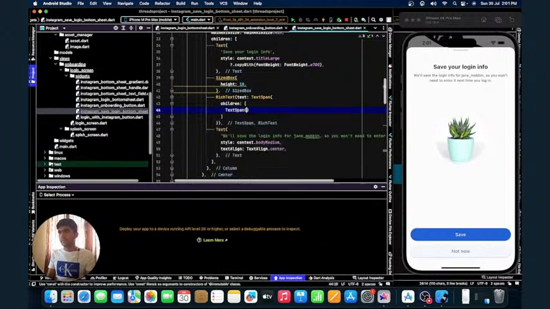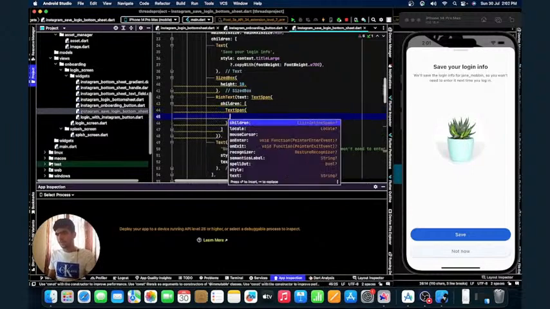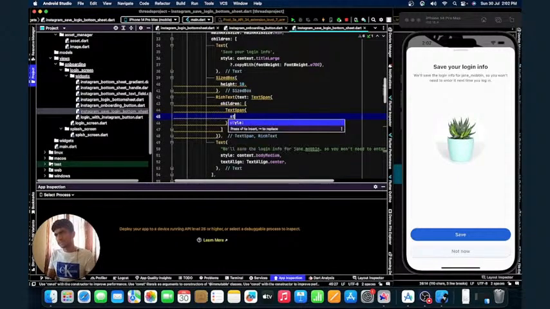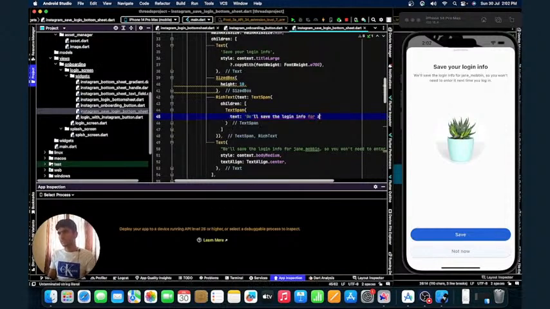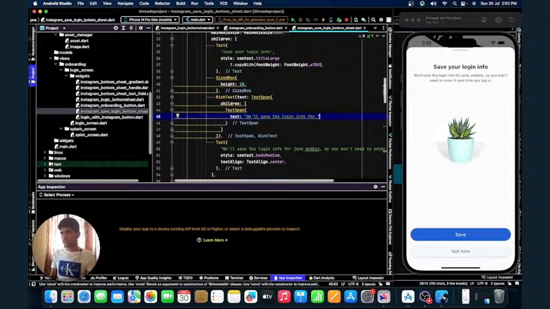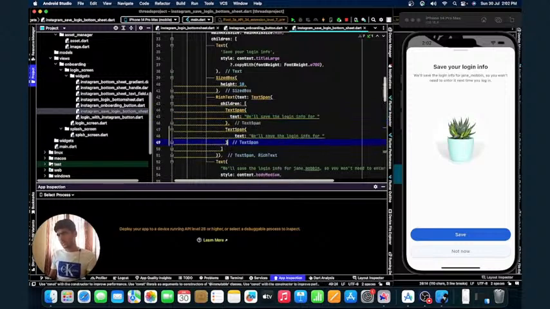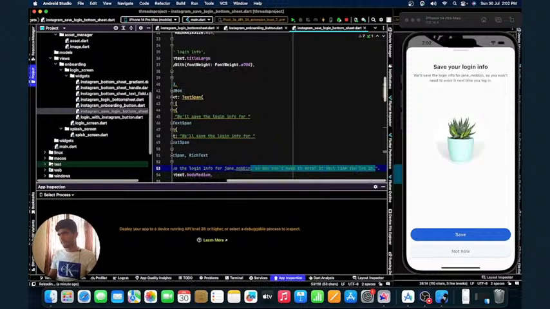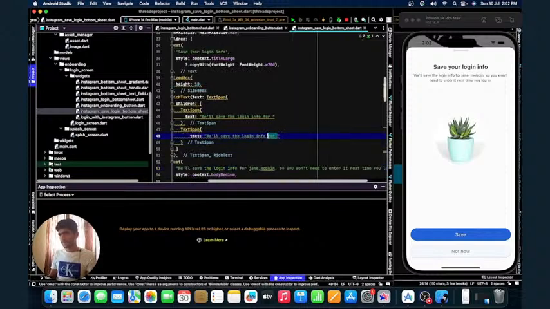Okay, and we'll make a text span of style text. This will be our first text. Then second text. Right. And then the third part,